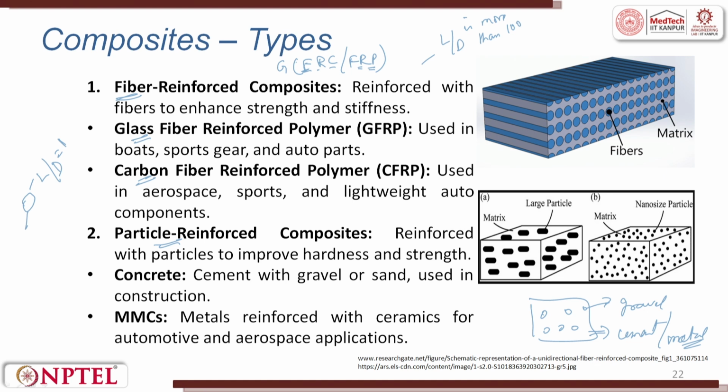A metal matrix composite has a metal as a matrix and it is reinforced with particulates. These particulates can be nano sized, micro sized, meso sized. You can have a polymer material, but generally we do not have polymer. You can have ceramic which is getting reinforced, right. So, metal matrix and reinforcement with ceramics. Why is it required? If you want to improve the fracture toughness behavior of the metal, we always go for